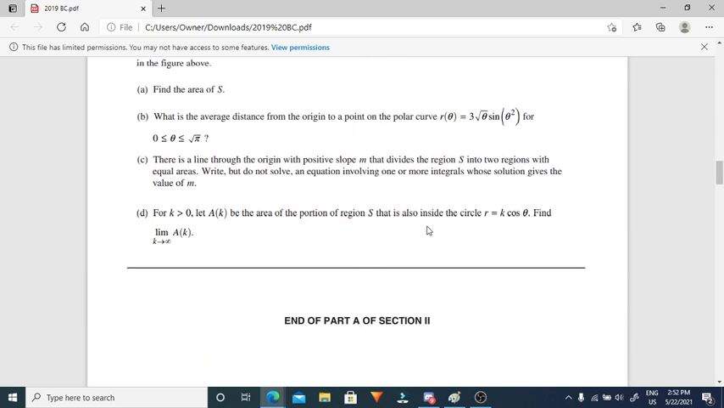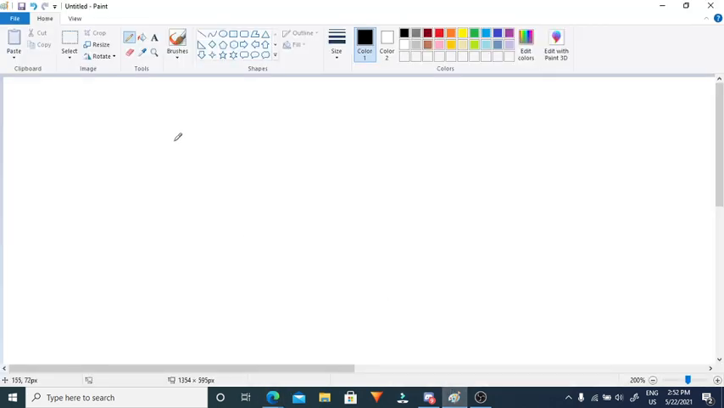Part D. For k greater than 0, let A of k be the area of the portion of region S that is also inside the circle r equals k cosine theta. Find the limit as k approaches infinity of A of k. The first thing that's important to know is what happens when we take this limit as k approaches infinity with this equation r equals k cosine theta. Well, the graph of r equals cosine theta